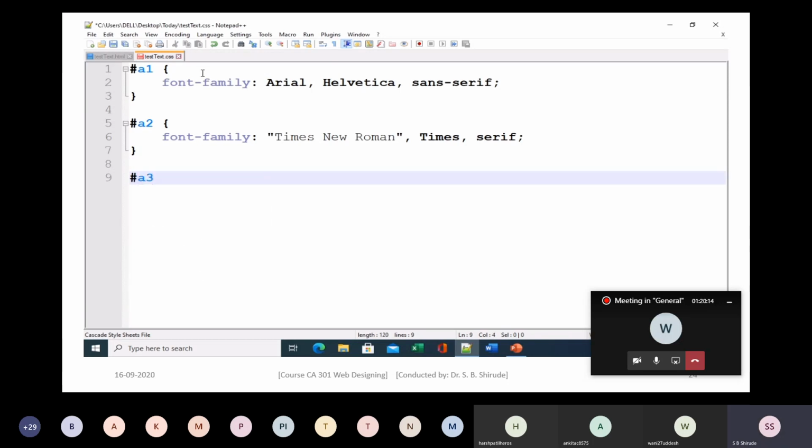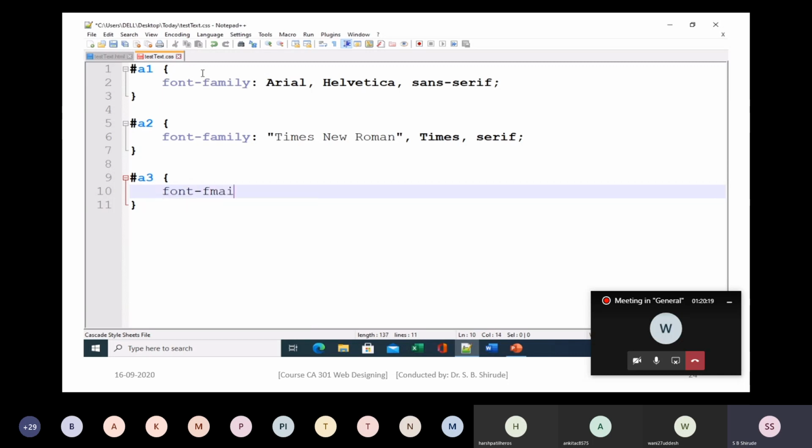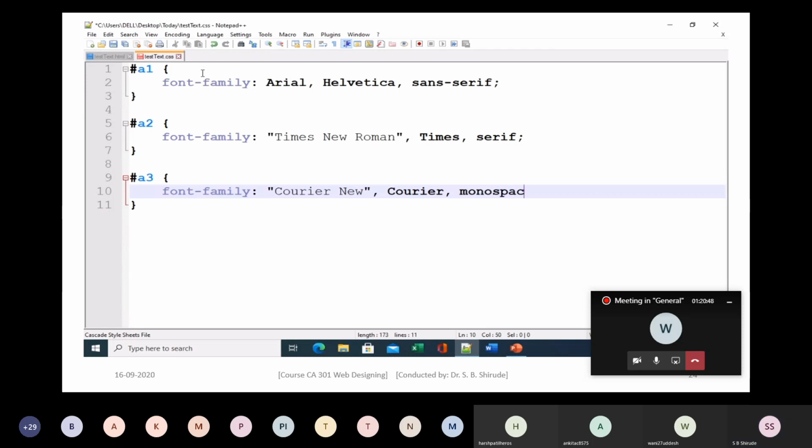Then A3, so that element we are referring by using ID. So font family, we will use monospace. What is example of monospace font? Courier, Courier New, courier, and then monospace,